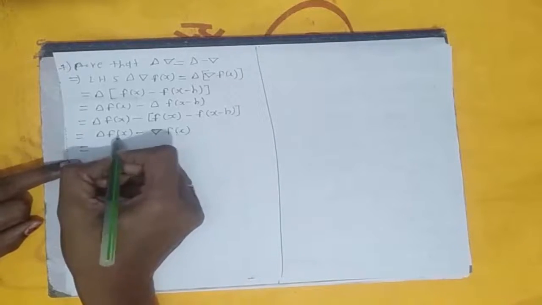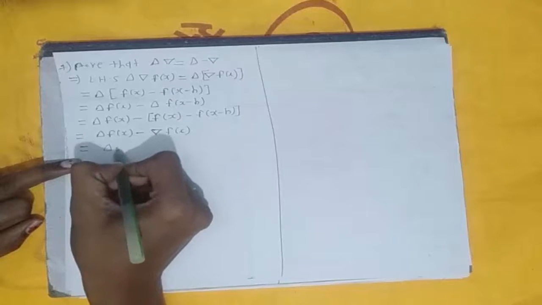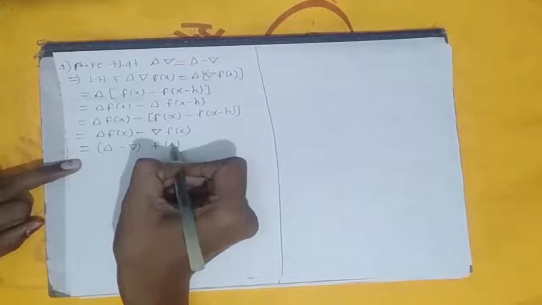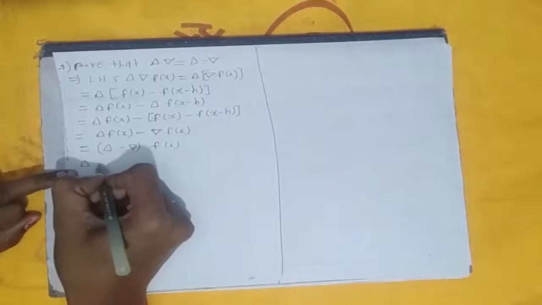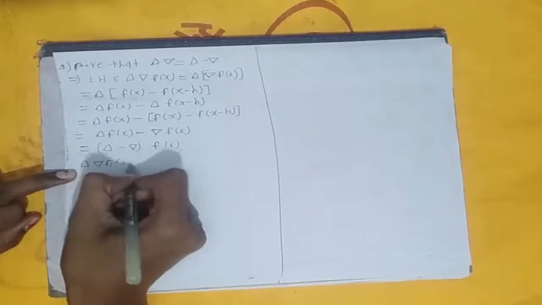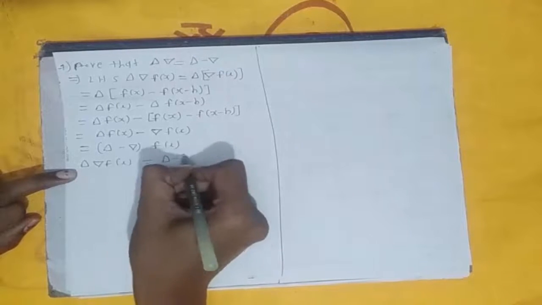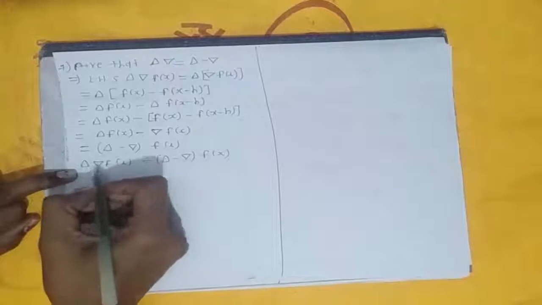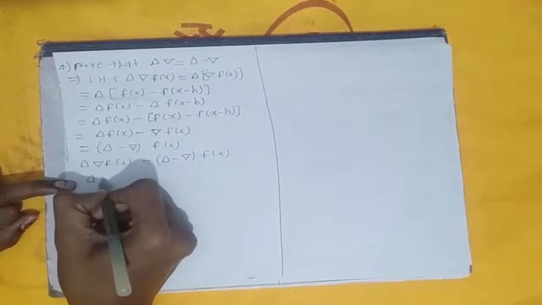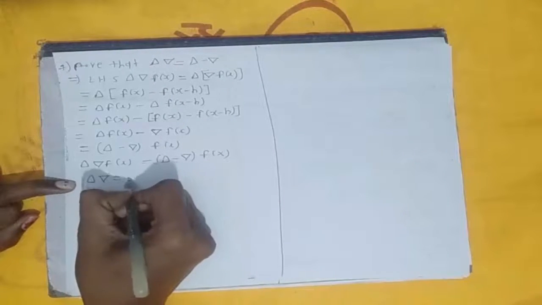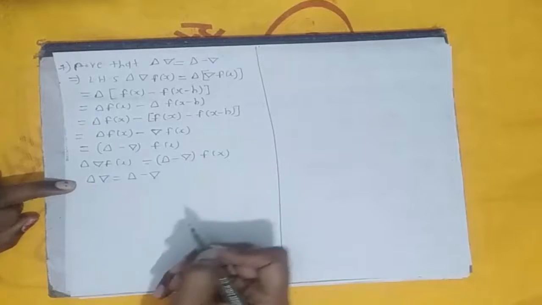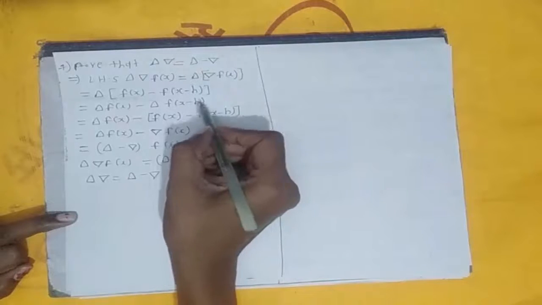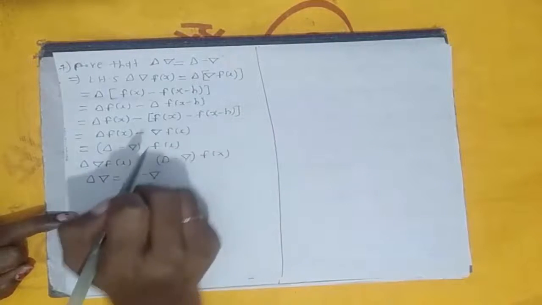So here we take f of x outside, we get delta minus del f of x. So LHS will be delta del f of x and RHS we get delta minus del f of x. f of x being an arbitrary function, so we get here delta into del is equal to delta minus del. So here we prove this identity only by using the definition of delta and del, that is forward and